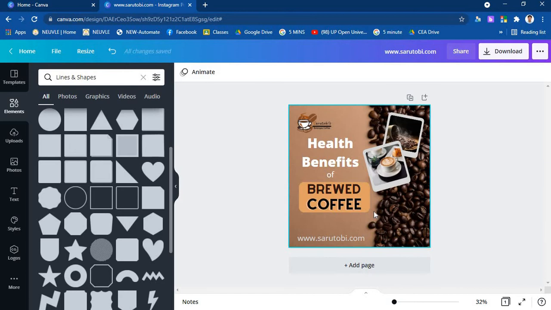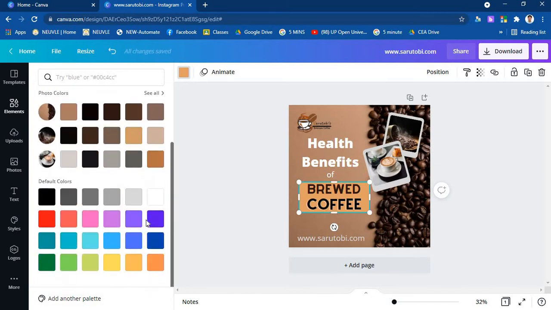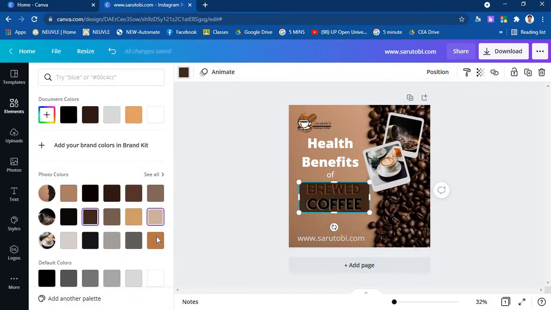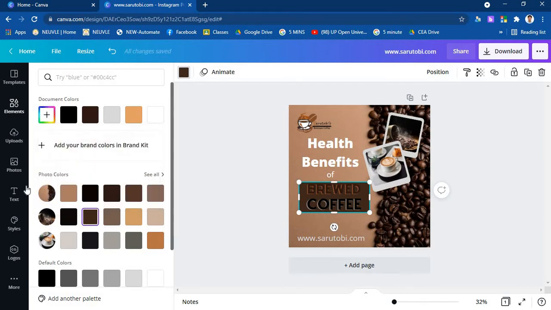So brewed coffee, right? And also this one, you can change this to, I think, another color, maybe we change its color to,